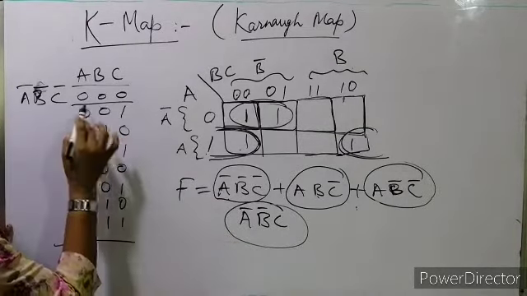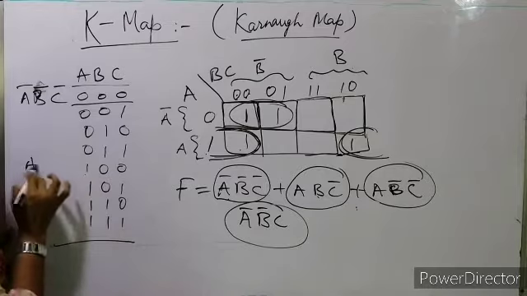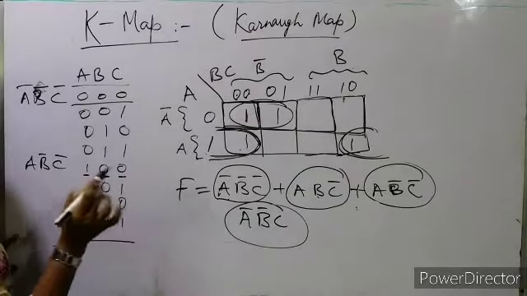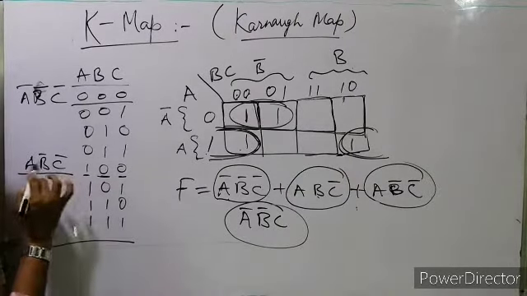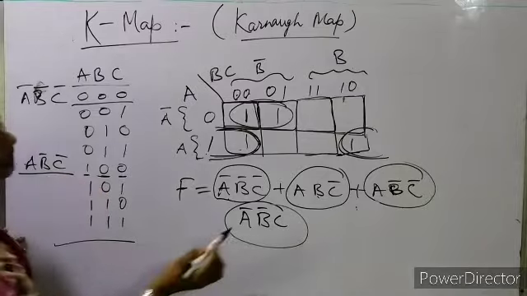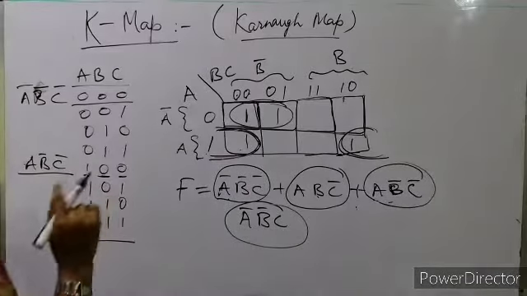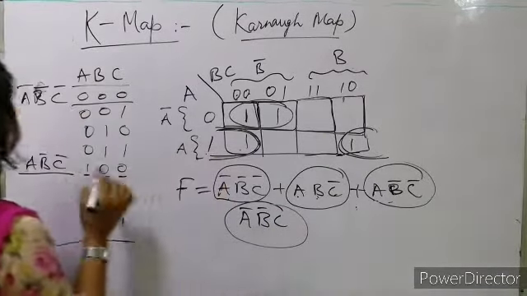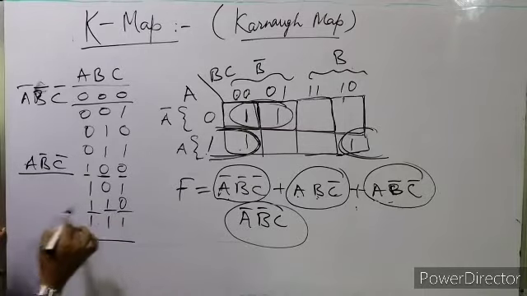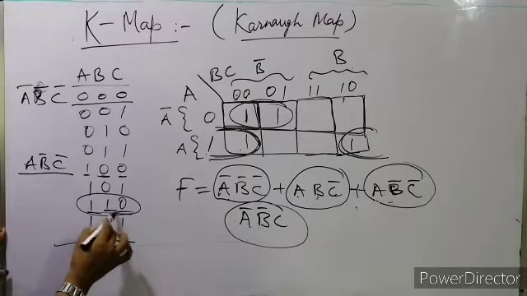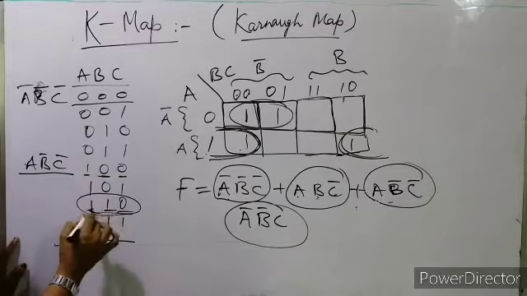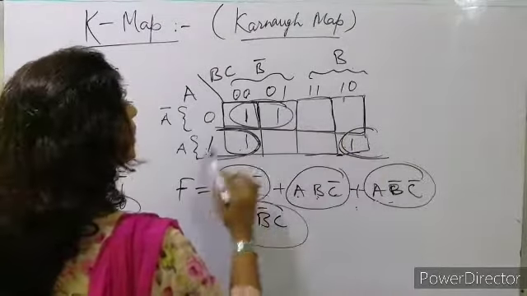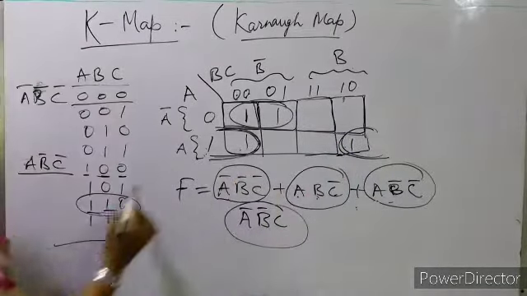So for 4, count 0 1 2 3 4. For 4 it is A, B bar, C bar, because A is 1, B is the complement of B and the complement of C. So is A, B bar, C bar there? Can we see this? A, B bar, C bar is there, right? So similarly, the next one, we'll take this one. A, B, C bar. So this one is 1 1 0. Where is it? And yes, this one is 1 1 0. So where will 1 1 0 be? 1 1 0. Okay, so this one is there.